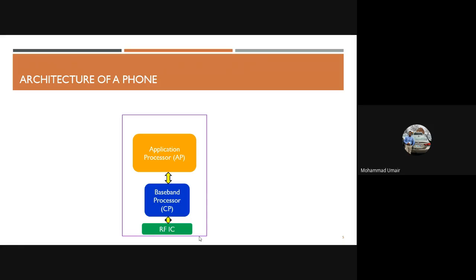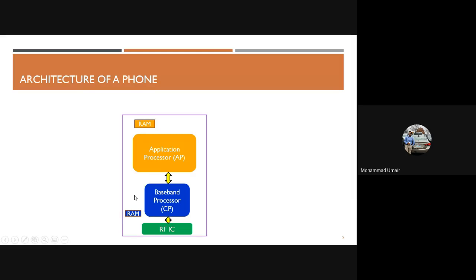Then if we talk about all the components that you people have been talking about, before we go to the components, RAM. Again, each processor is associated with its own RAM. Application processor has its own RAM that is shown on the top, and then baseband processor has its own RAM that is shown in blue. Again, when you buy a phone and you talk about the RAM, you're always talking about the RAM in orange that we have shown, because that is the key RAM that is going to help the AP in processing any